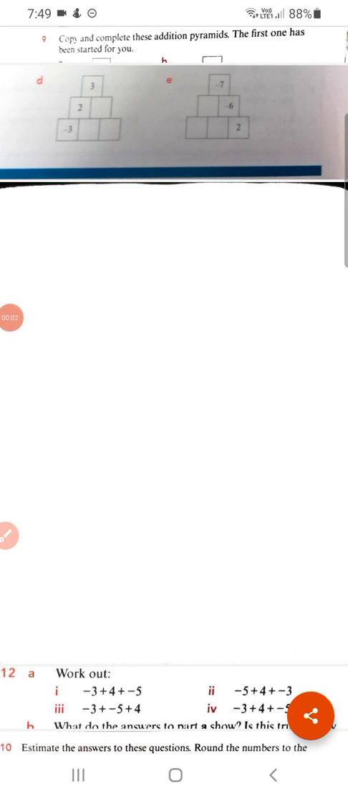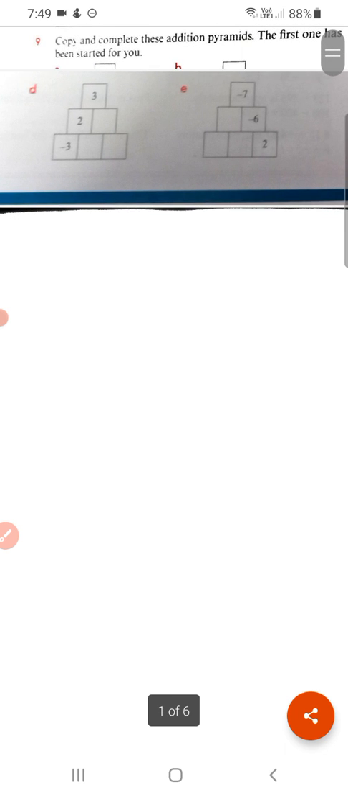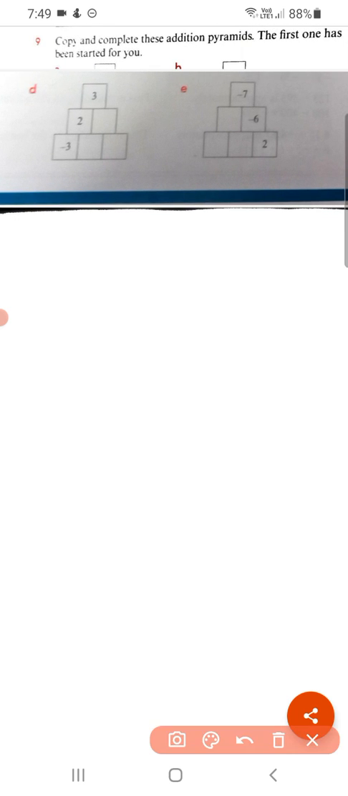Good afternoon, children. Today, let us do a few questions related to the topic addition and subtraction of integers. Our first question is: copy and complete these addition pyramids. Addition pyramids. Here, children,